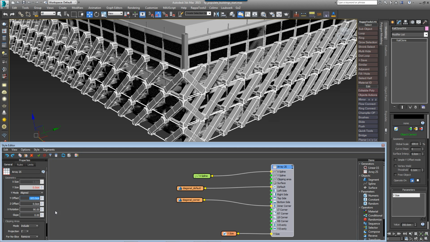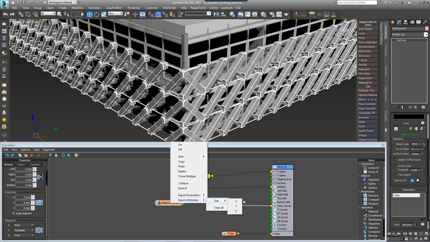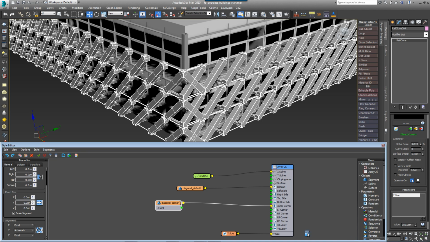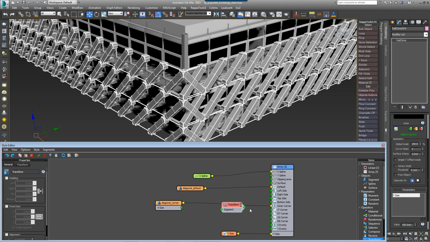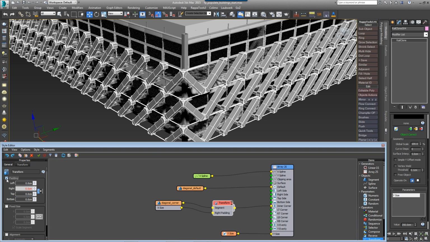If we look, the corner has the same overlapping issue as the building interior did, and just like the building interior, we can fix this by adding some padding to the right of the corner segment. We'll use the size of the segment on the X-axis and add this value to the right padding. To do this, right-click on the corner segment and export the X-size attribute. Next, add a new transform operator between the segment and the generator and export its right padding parameter. Wire the segment's X-size attribute to the transform operator's right padding parameter, and finally go to the transform operator's properties